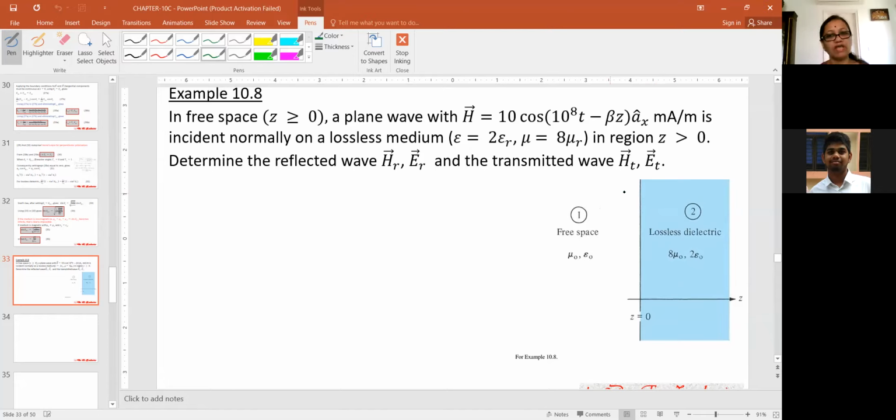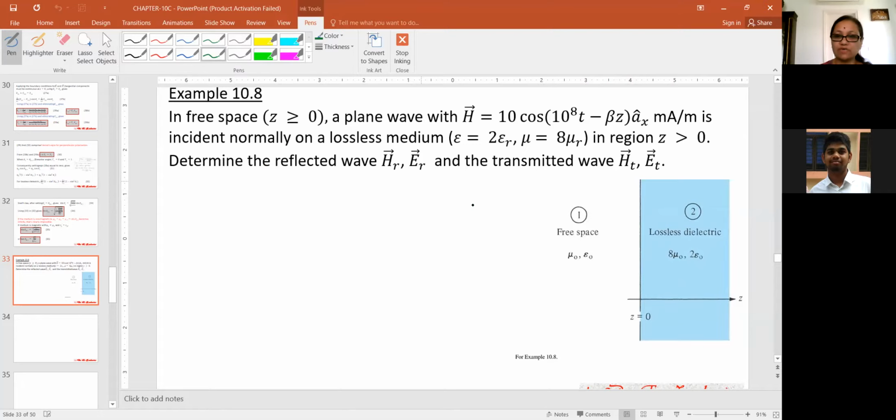Then we also saw what happens when medium 1 is a pure dielectric, but medium 2 is a good conductor, a pure conductor. Then there is no transmission, all the wave is getting reflected, and we got some equations for that. Additionally, we saw that there will be no change in polarization due to transmission or reflection in the case of normal incidence. Now, keeping all this in mind, let us quickly work out this problem.